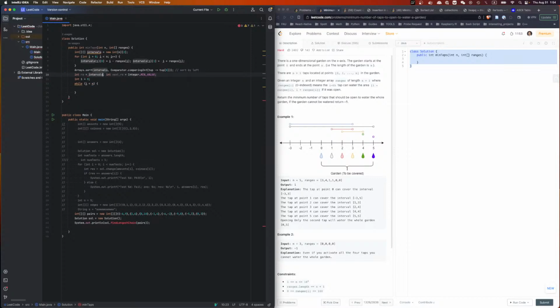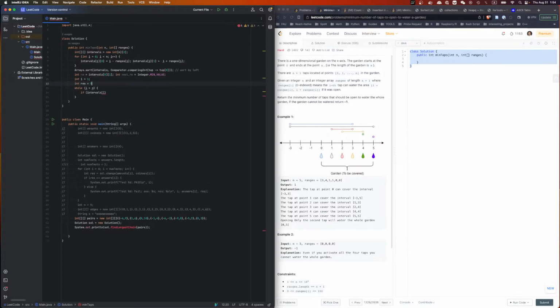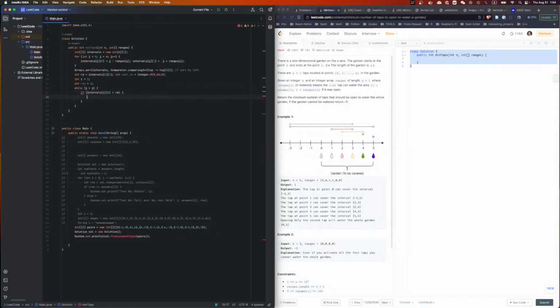This shall equal to intervals 0, 1. I shall equal to 1. Okay, so now for each one we can say if intervals... we probably also need int res equal to 0, now equal to 1, because I already turned on the current one. So if intervals I 0 is larger than right max,